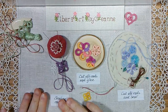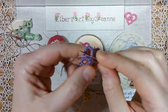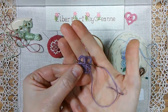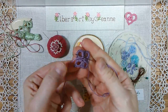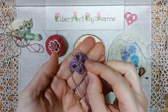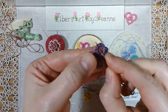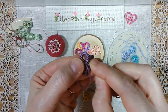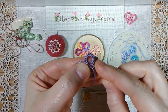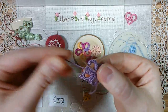The next technique for hiding ends would be sewing them in. And the ability to do this is based upon the size of the thread and the size of the needle you're using. This is size 3 thread, and I have a relatively sturdy needle because you want to make sure you can pull on that tightly. If you can see, I placed the needle through the top of the stitch there with one of the ends